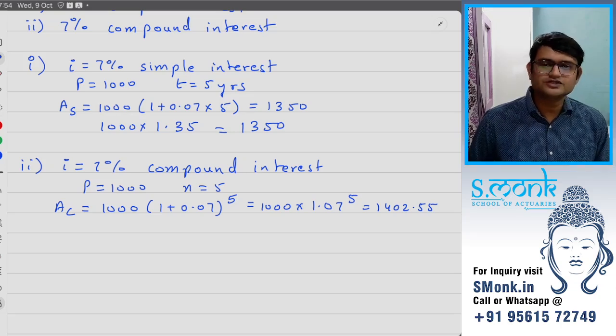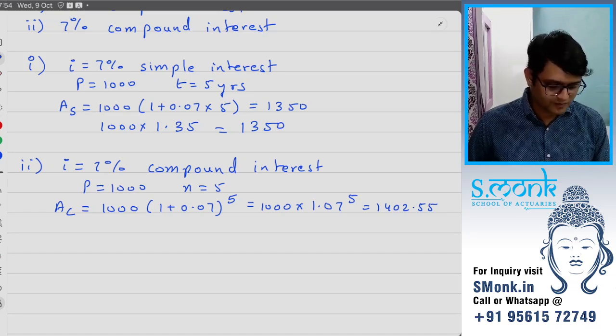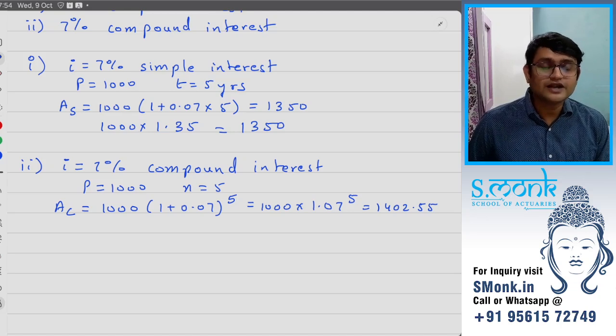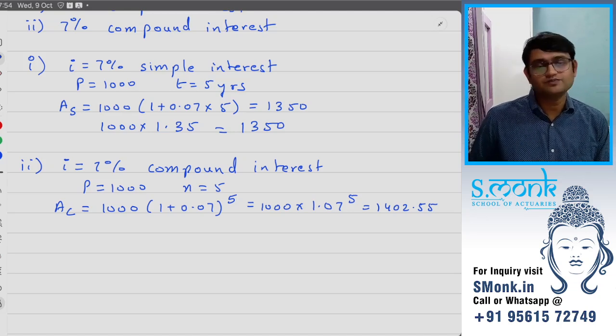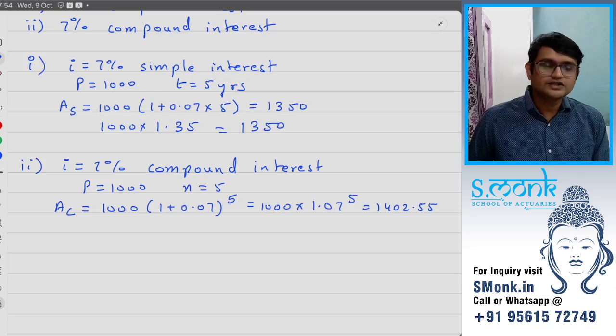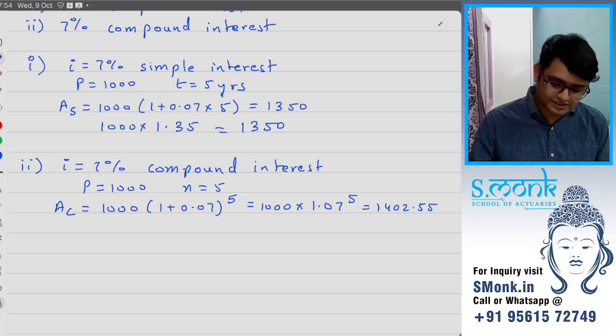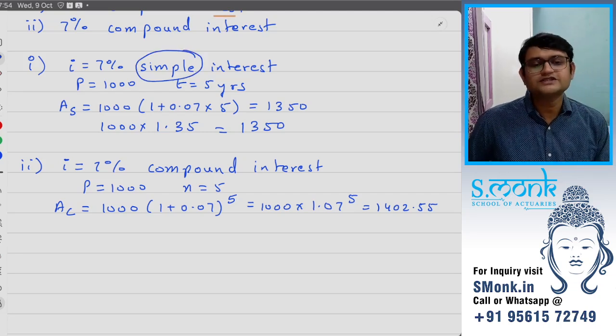Nobody asked your teachers why we are learning two different methods? Because of course we are going to use only one, and we know that we mostly use compound interest. But that does not mean that we don't use simple interest. We do use simple interest also. The reason we use simple interest is in the name, because it is simple.